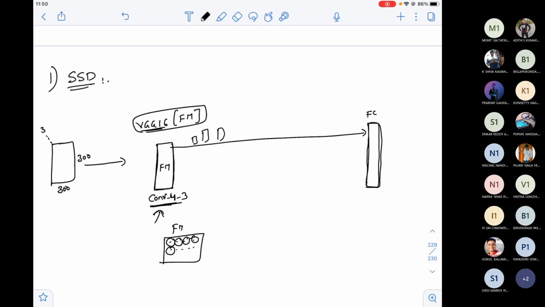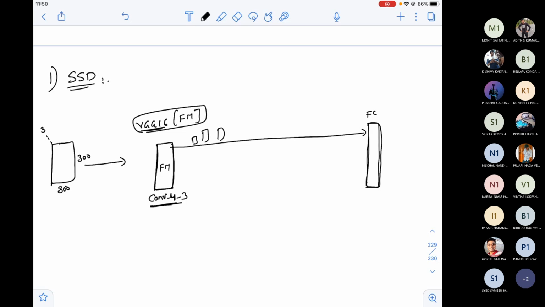Now the anchor boxes will be drawn for every pixel in my feature map, but the number of anchor boxes that I draw will not always be 9. It will vary. How? What is that variation? I'll tell you. We are not bothered about the exact number, but you need to know that for each and every pixel I'll draw some anchor boxes.